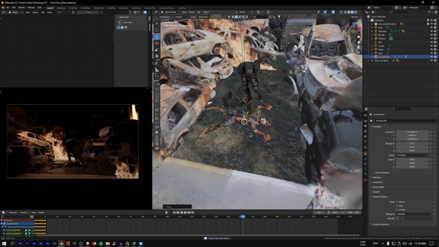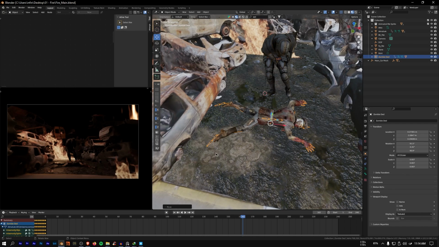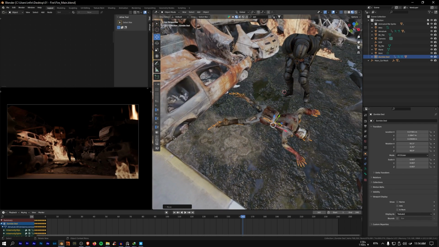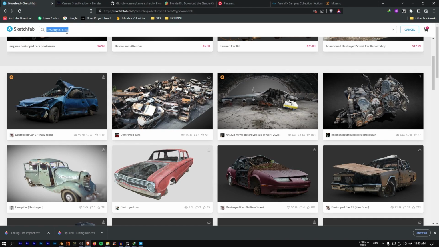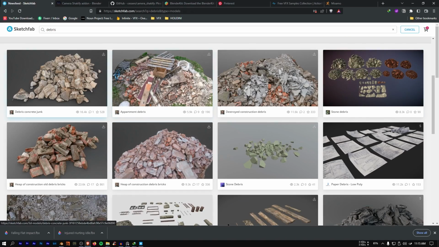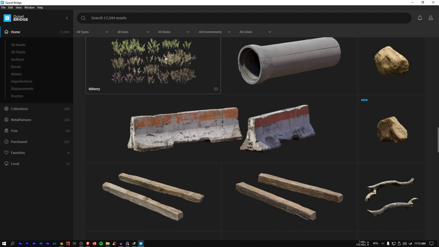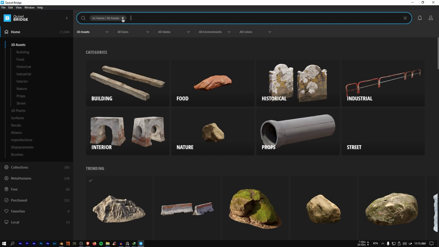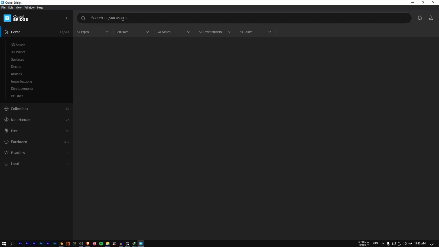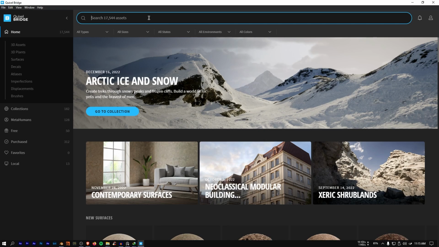Okay, now let's start off with adding more details to our ground, because it's still way too empty and we need to add more detail. Now you can download models from Sketchfab. For example, if you search for debris, you can download some assets and move them here, but I always use Quixel Bridge for such things, and I use a Blender plugin to directly import it into Blender. You can watch a tutorial on how to download Quixel Bridge and the Blender plugin, but for now I'll just search for tree trunk,